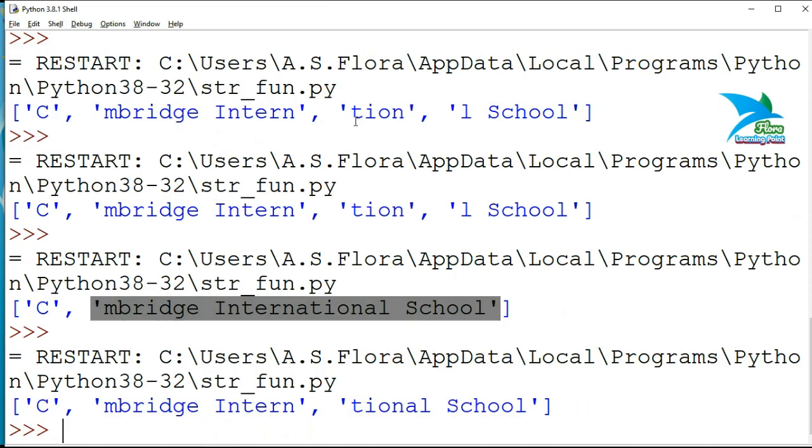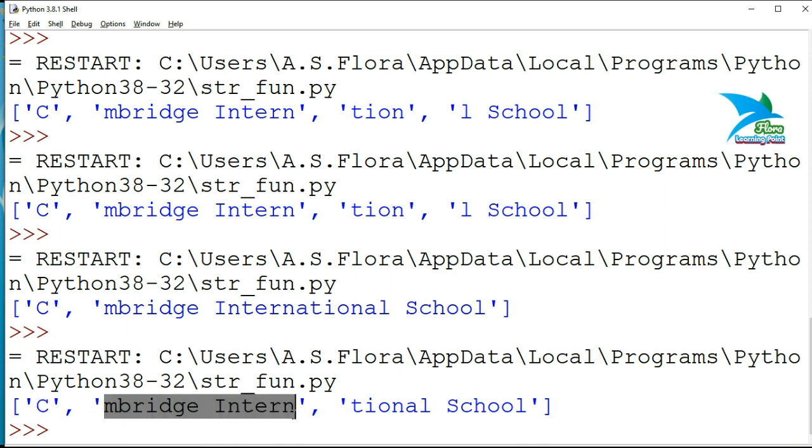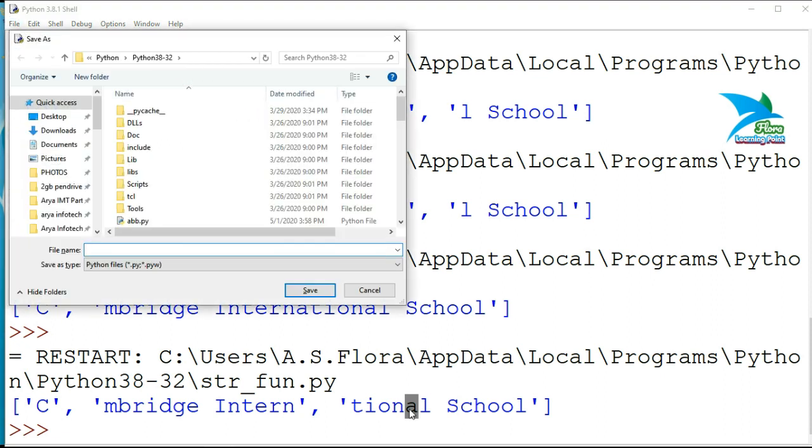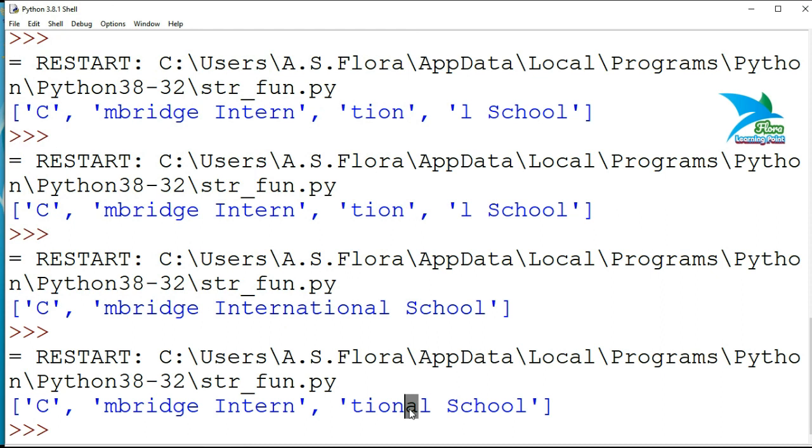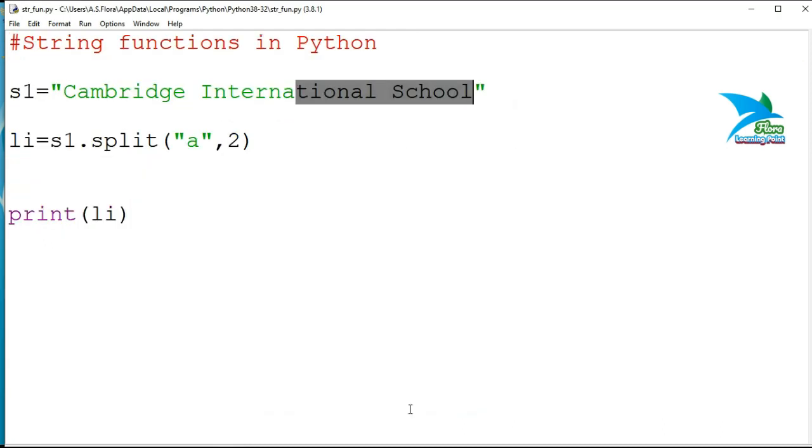This A will not be counted in that portion. Now you can see that here we have three elements, one before the first occurrence, then after that occurrence two elements, this one and this one. This A is not counted as a part of that string, or you can say a part of that list.